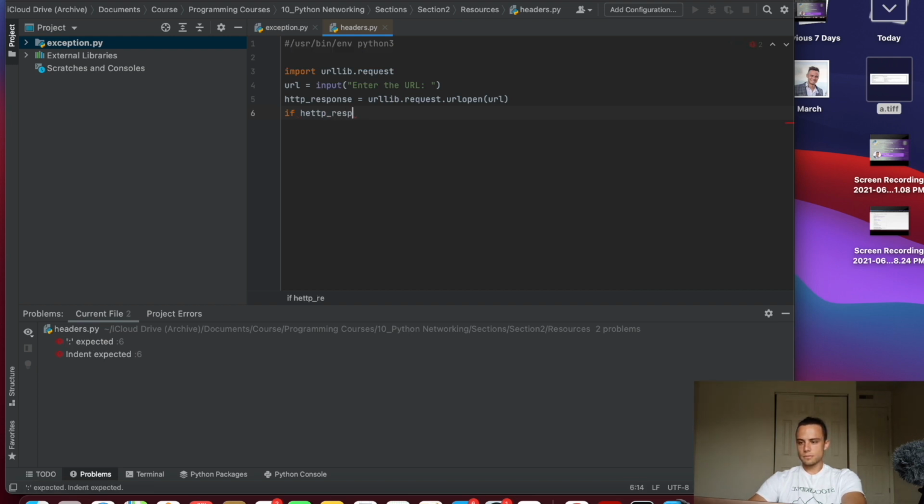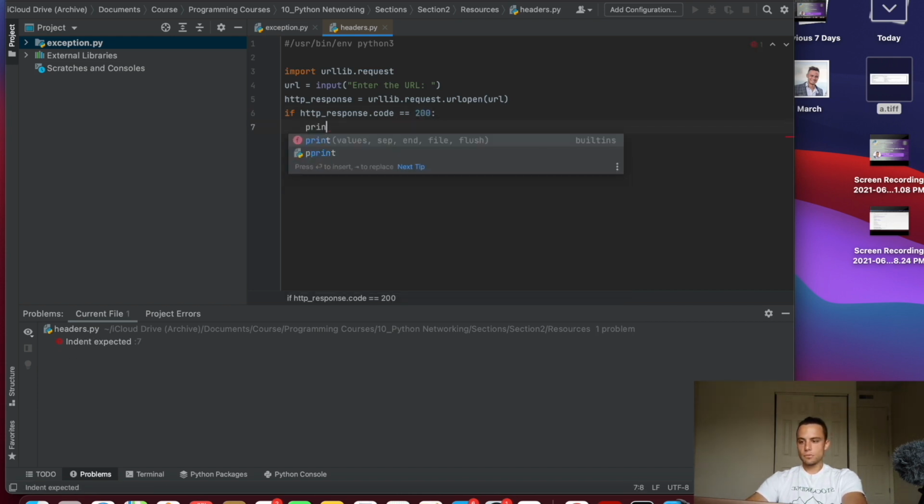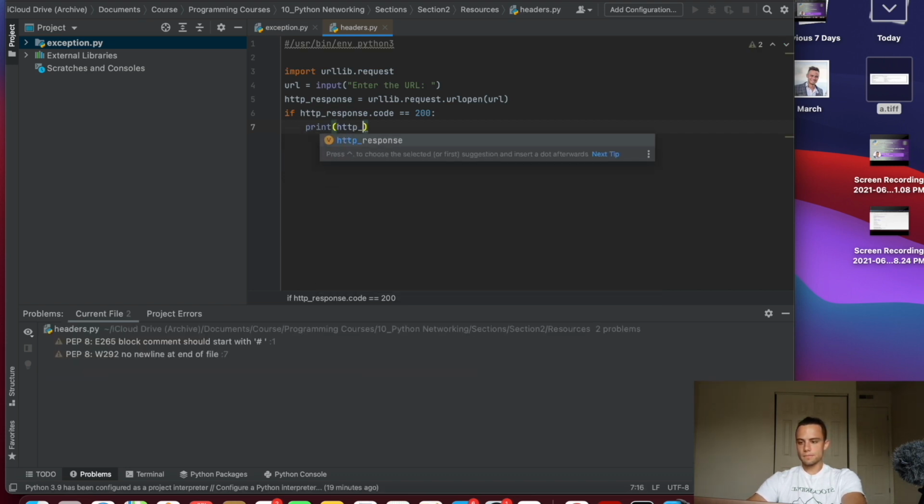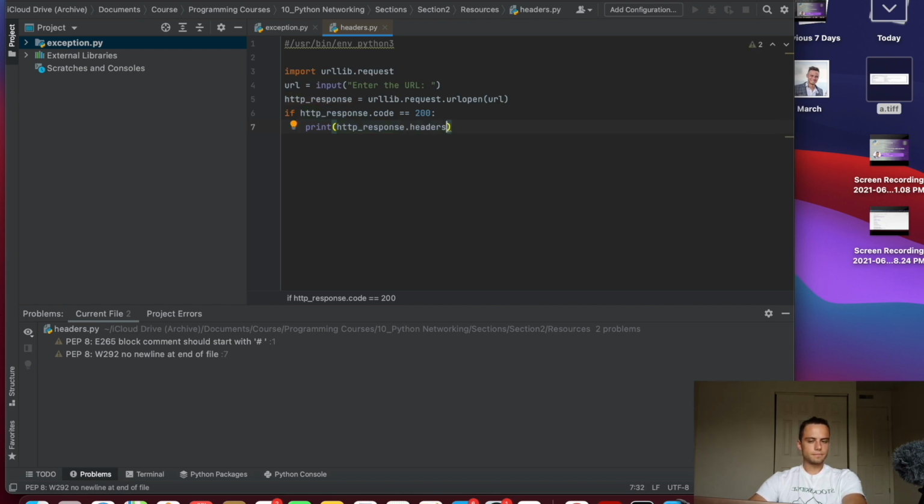So let's write then, actually I write if http_response, actually I misspelled this, okay, http_response.code is equal to 200, so this means that our request has been accepted. Then we would like to print http_response.headers,